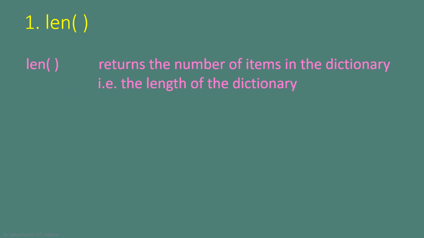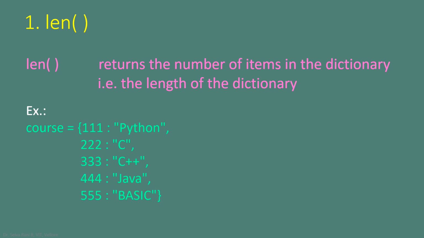Let's see some more methods in dictionary. Length. This returns the number of items in the dictionary, which is called the length of the dictionary. In the same example, we are having 5 elements. If we print len of the dictionary name course,